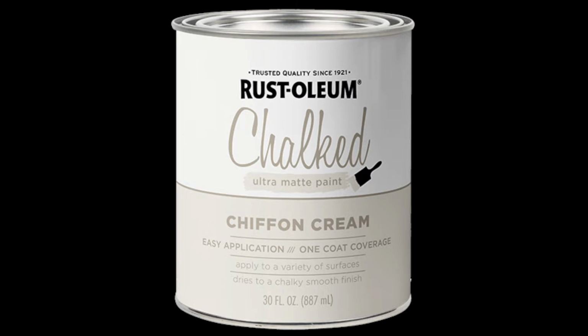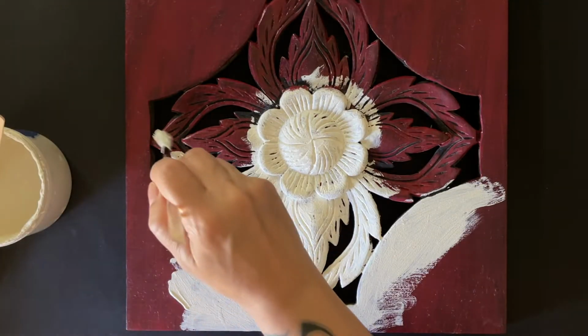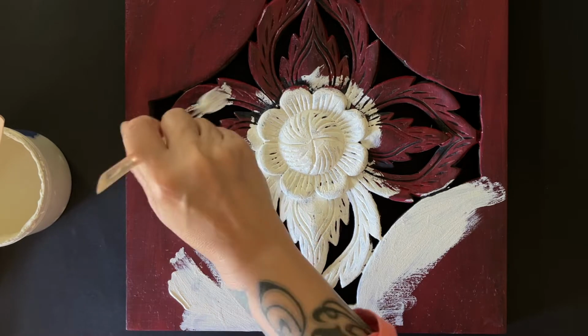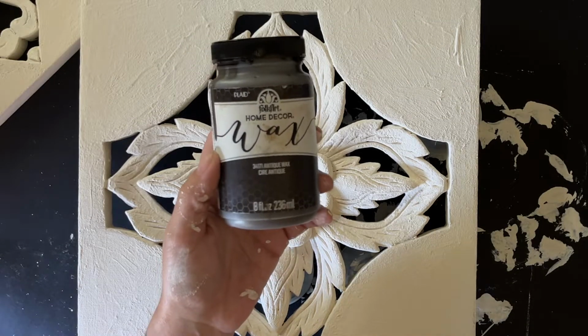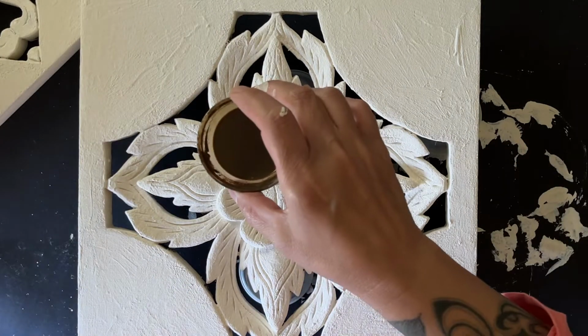So here I'm taking 2 decorative wall plaques, and I'm mixing up some chiffon cream and some baking soda, and I'm gonna paint these, and I think it took probably about 3 coats. It took me a while to get them all through, since it had a lot of detail in there. So once that dried, I'm gonna take my wax and some water, and this is antiquing wax,